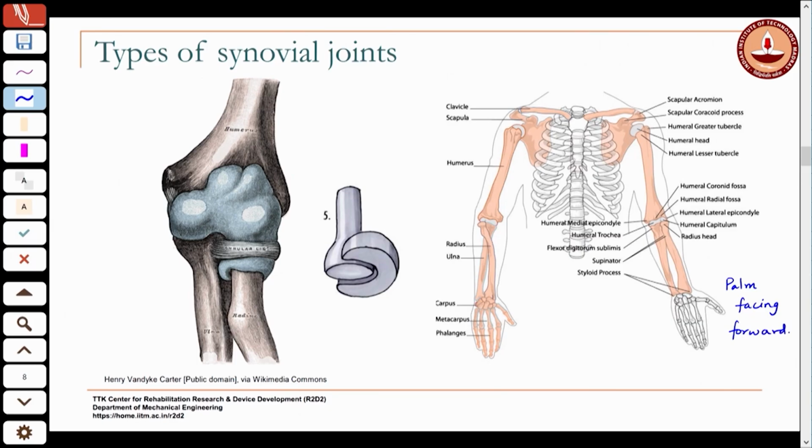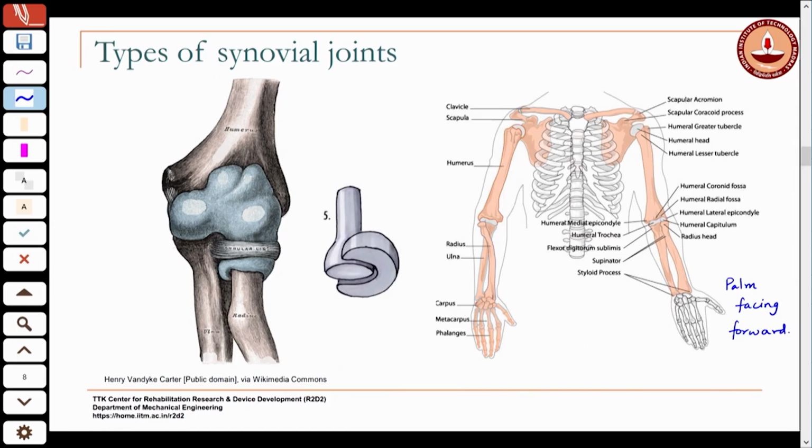In this position the radius and the ulna are sort of parallel to one another. Now, when you turn your palm, the radius actually crosses over the ulna, getting into this crossed configuration,